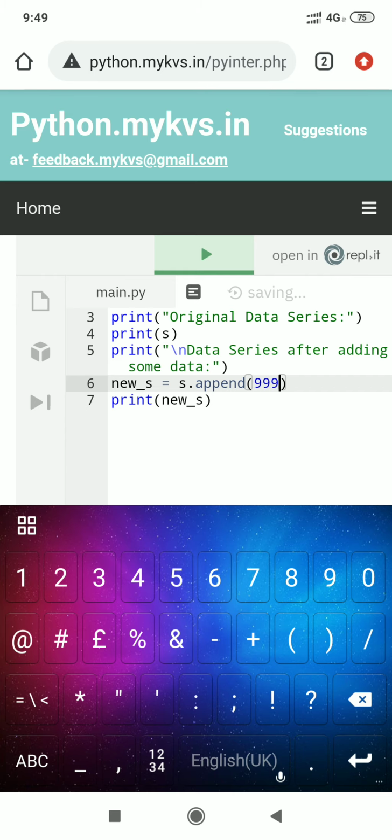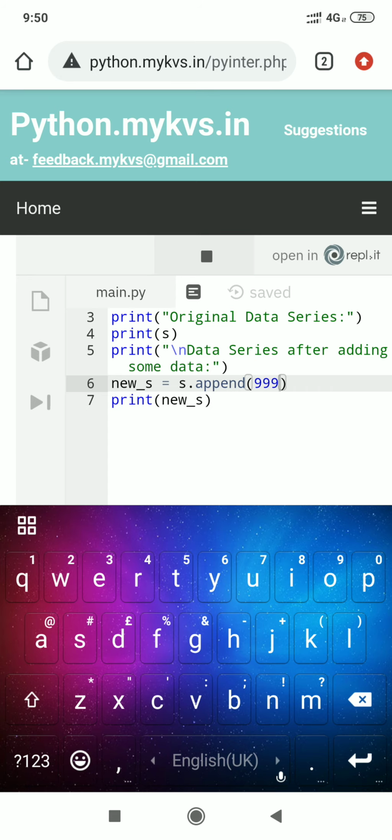Now the program is looking like this: in S, the existing series, one element will be added, but the syntax of this method will not allow adding any value directly into the series. So if I execute this program, what will happen here?